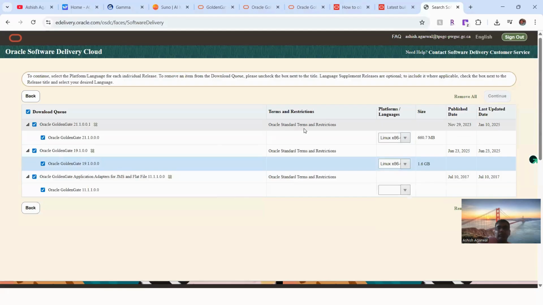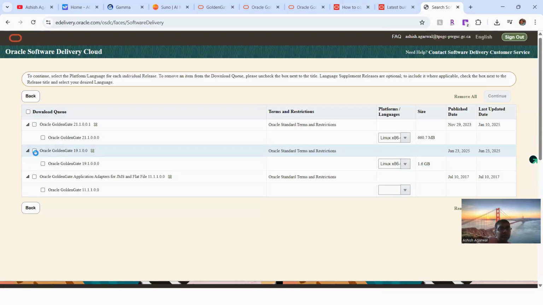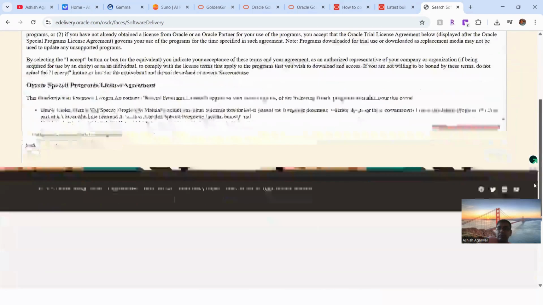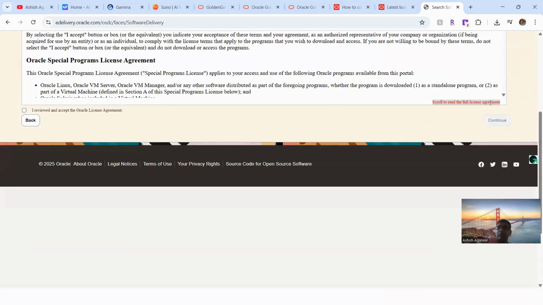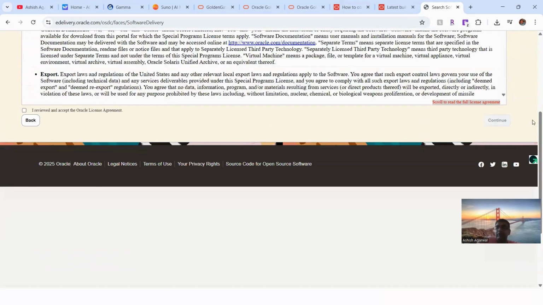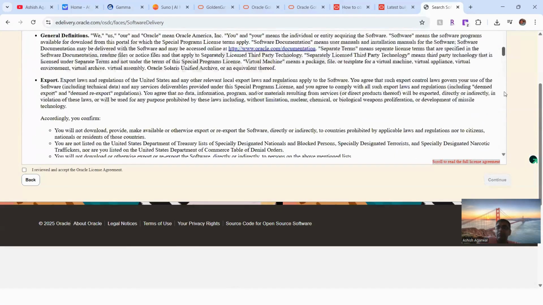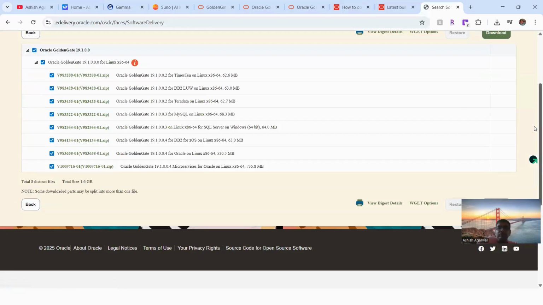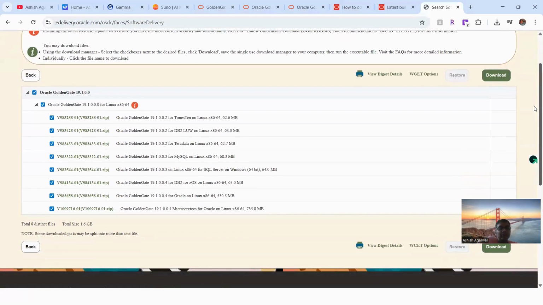How do I remove it from here? Okay, I'll just select this. Okay, I'll continue. I have to read the complete terms. I have reviewed, and then continue. So see here, now it is asking Oracle GoldenGate. Now see, it will give you the option whether you want to